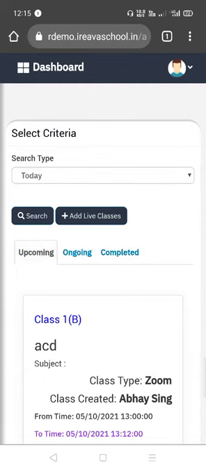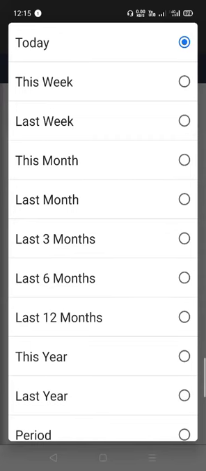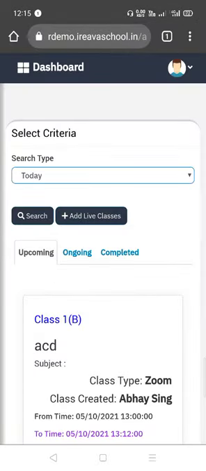So to add a new class, and one thing more, this is for today itself. And you can filter other classes like this week, last week, any other filter, but this filter is set by today, and for today and the future 5 days. So all this list will be shown as today, like from the 10th to the 16th May, if we are taking today's date.